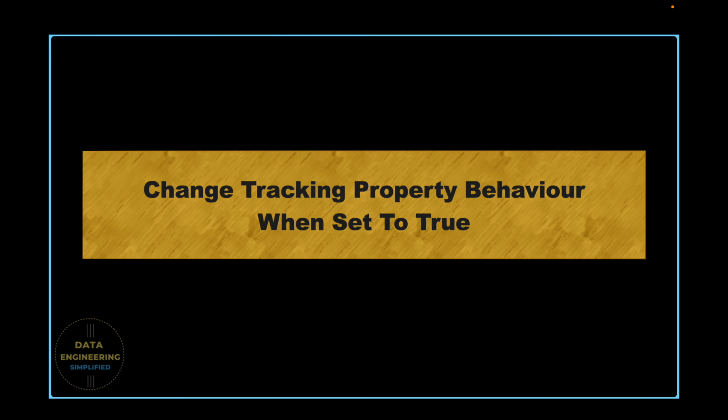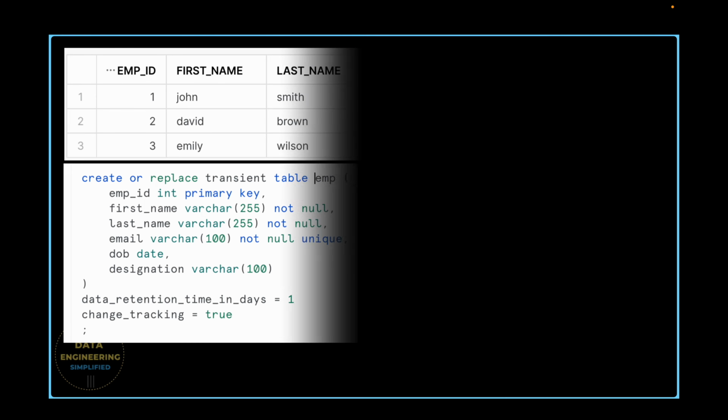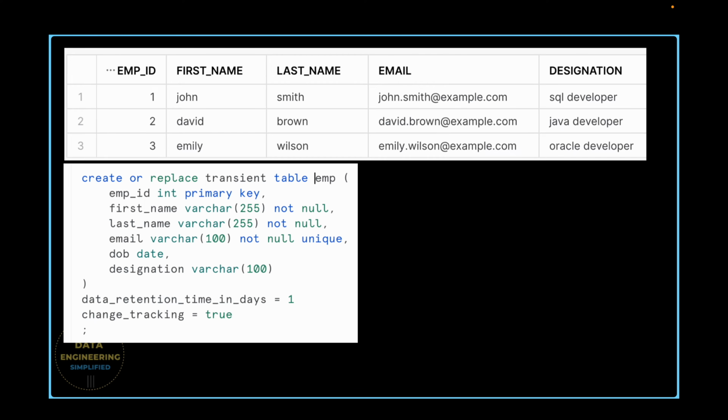Let's see how the change tracking property behaves when set to true. So we are going to create a table called employee table, which has employee ID, first name, last name, email address, and designation. It has the data retention period equals to 1 day and change tracking flag equals to true. And if you see on the screen, there are three employees, John, David, and Emily. And we are going to insert this record, and followed by we are going to change the designation of John